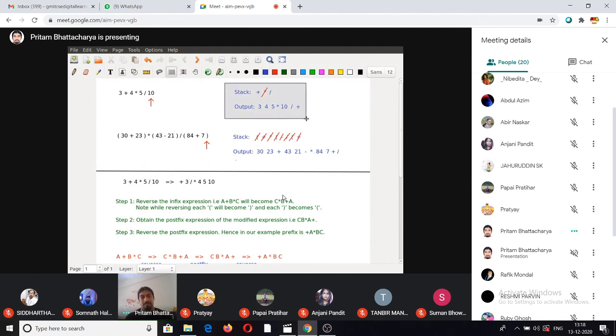Let me just quickly show the alternate. Typically left to right associativity is what we want for operators of equal precedence, which is the way it's working. But just in case you want the other way, if I want right to left associativity, that is, I want the division to be executed first and then the star, then what we would have done is, I'm just showing the alternative here. Up to this step, it's the same.